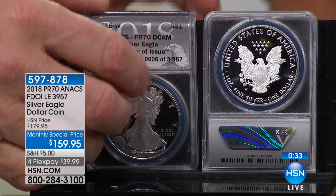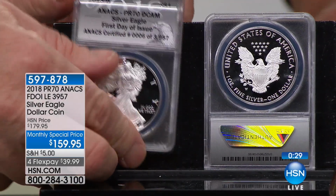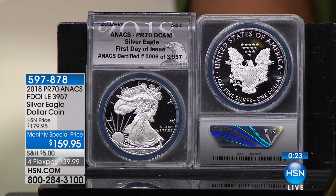In other words, does it have pure silver? Well, of course, one ounce of pure silver, so it has the intrinsic value you're looking for. Does it have grade? Yes, the higher the grade, the more it's worth. Well, this coin is, of course, certified absolutely, positively perfect. Is it rare? Yes,